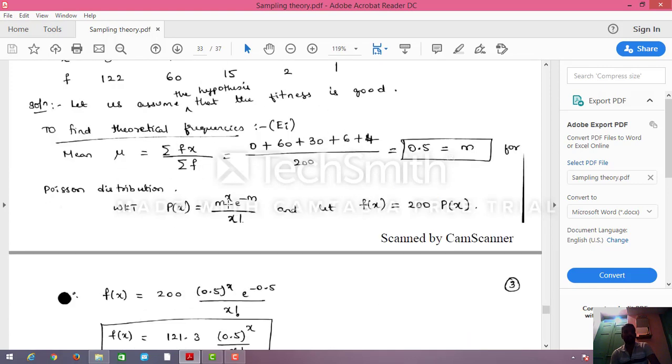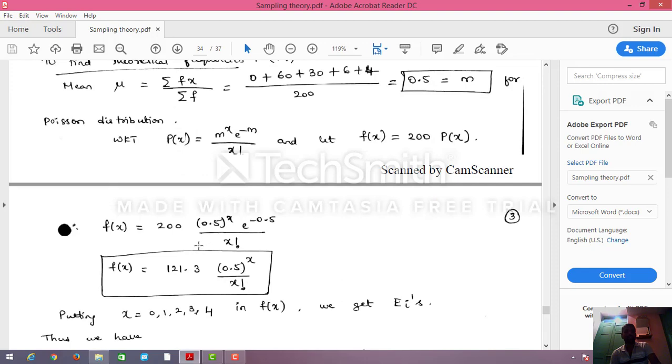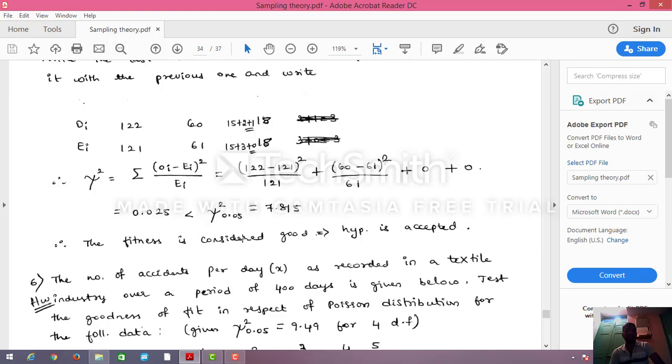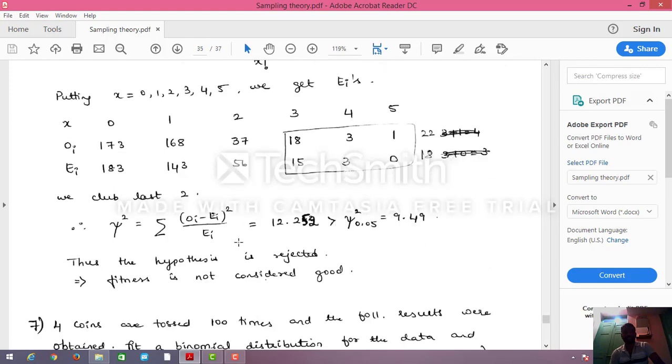So that's the way this one should be. What is that? Less than the table value. 0.025 is less than the 7.815. Hence the hypothesis is accepted. Right? Hence the hypothesis is accepted. Right. Same way, we'll see one more problem in the